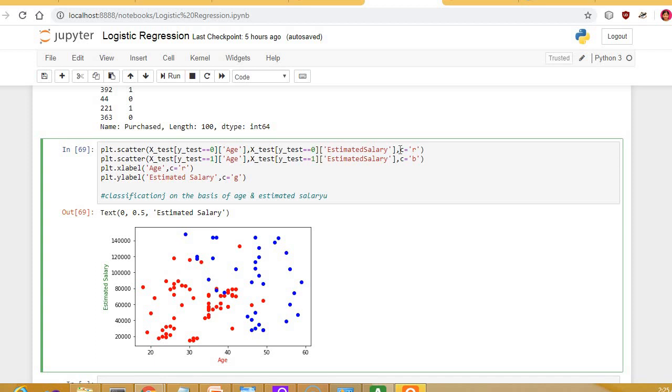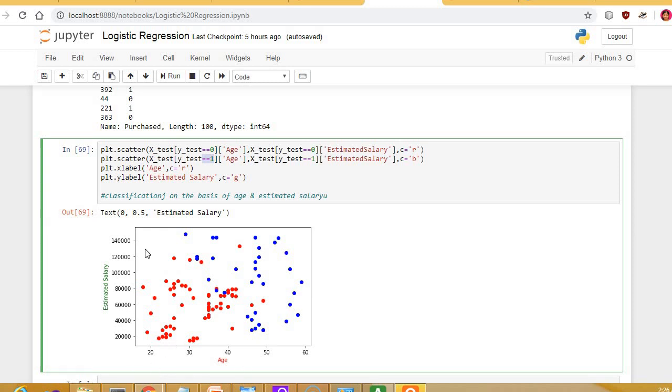Those records should be colored red. The ones where the person is going to purchase the flat are represented by the color blue, and by the value 1. And that has to be plotted.